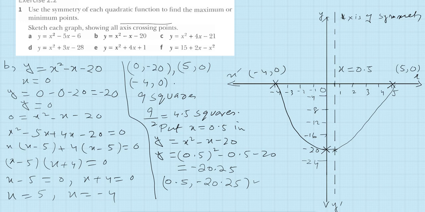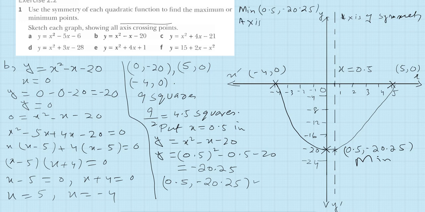Now the final step is this point, where the value of x is 0.5 and the value of y is minus 20.25, clearly a minimum point, because this point is lowest. Finally, write the answers. First we have to write minimum or maximum point. This time the point is minimum: 0.5 and minus 20.25,